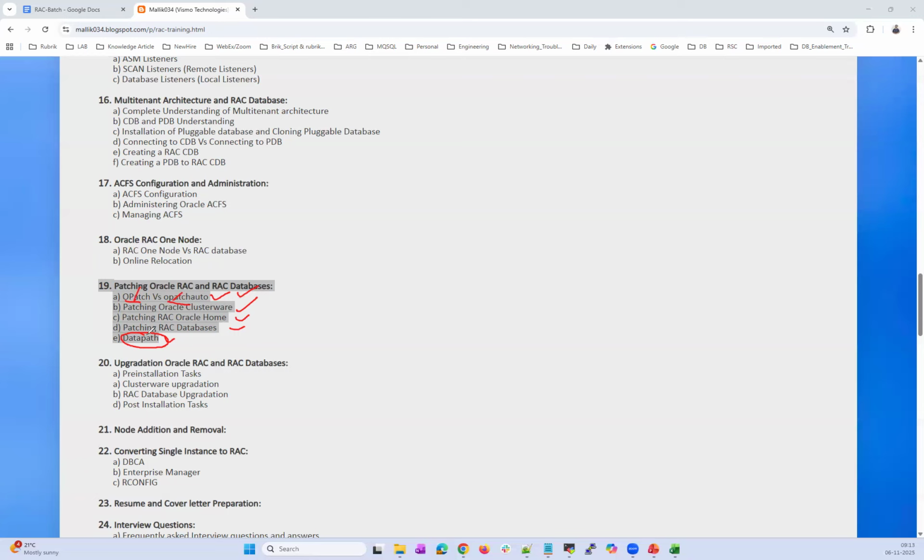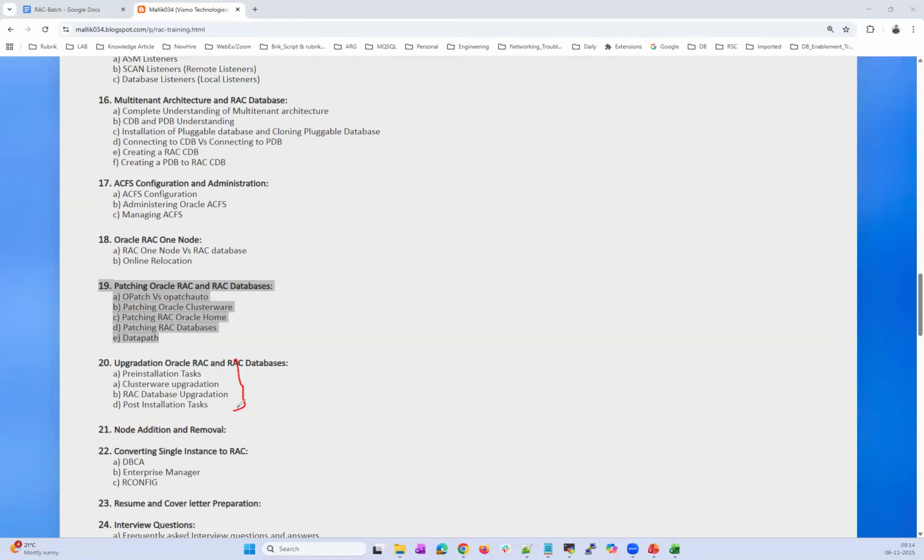How do these inventories impact my patching? My patching is running for a longer time, how to troubleshoot that? Where are my patches stored once I apply the patch? What is an inactive patch and an active patch in my cluster, my database, or my grid? All will come into the picture here when it comes to patching. So we will deal with RAC rolling, non-rolling, and hybrid patching, and all of those we will explore in this patching concept, followed by upgradation.